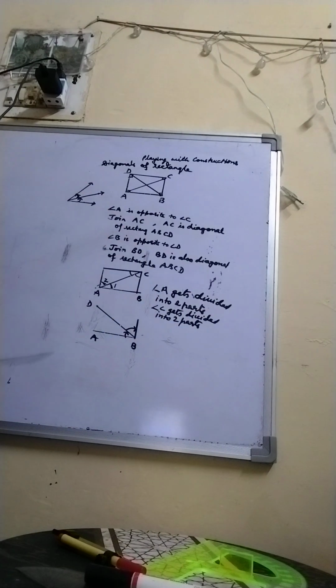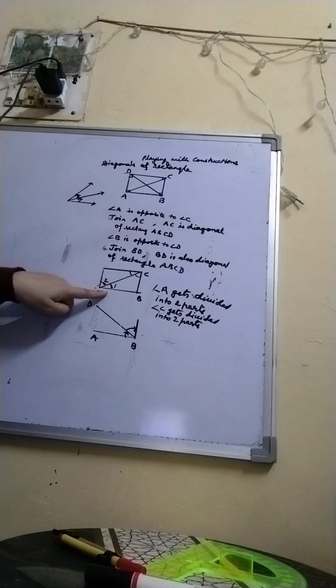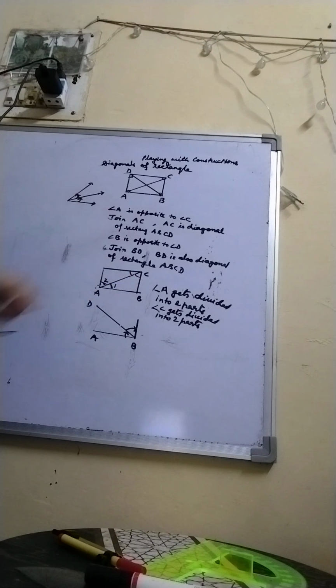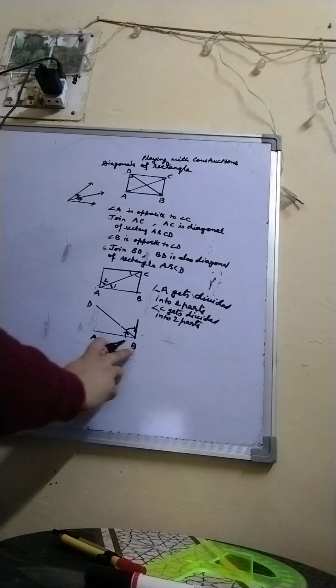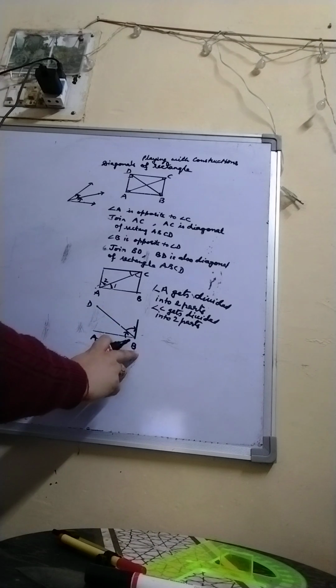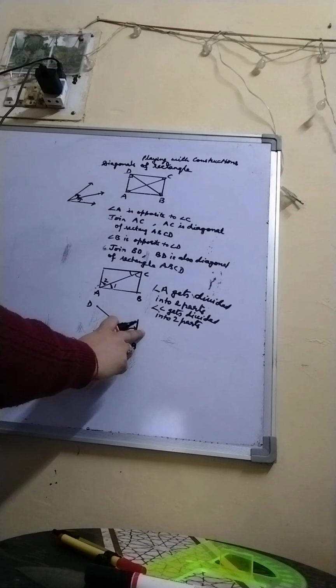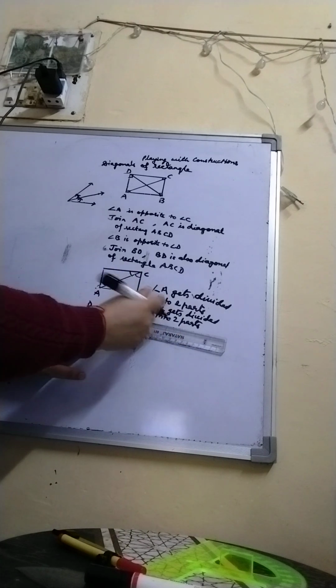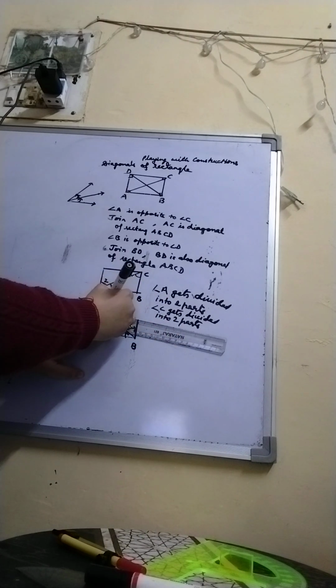Can you figure out? The AC diagonal is dividing angle A into two parts, and also dividing angle C into two parts. Similarly, if we take the BD diagonal, then it is dividing angle B into two parts, and if I complete the rectangle here,